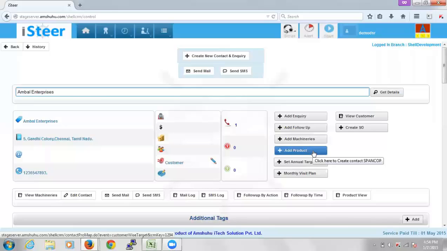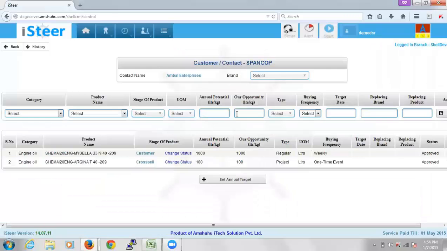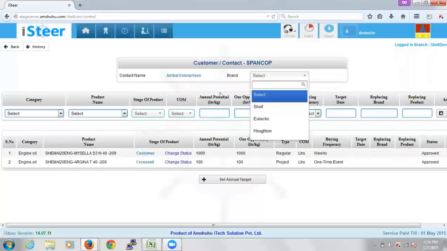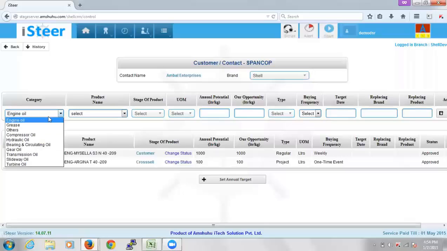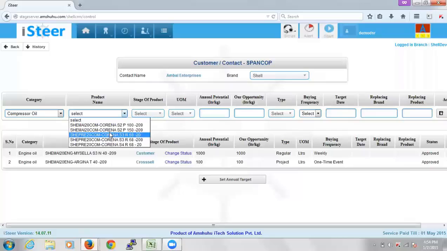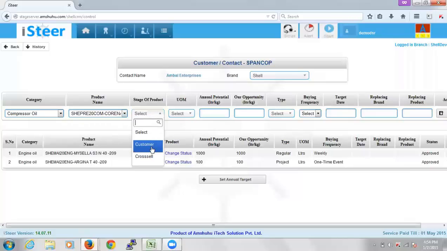Now we'll just see how to add a product and map it with the correct SpanCorp status to this customer. Initially, you'll have to click on Add Product in the service page, select the brand, then the category, and the name of the product if it is available, then the stage.